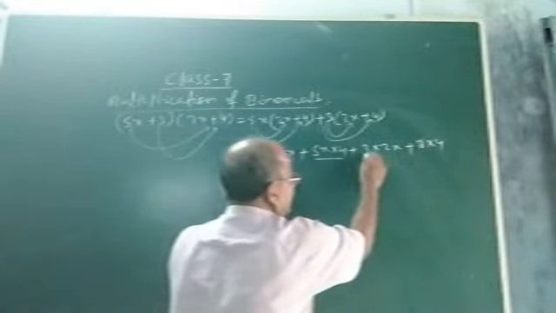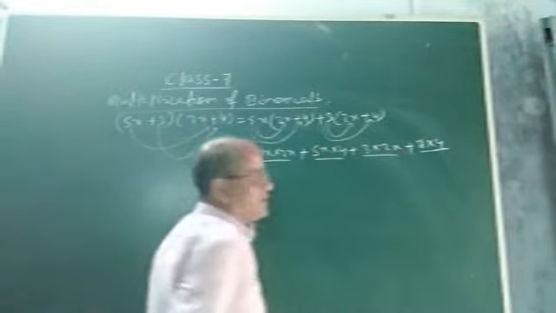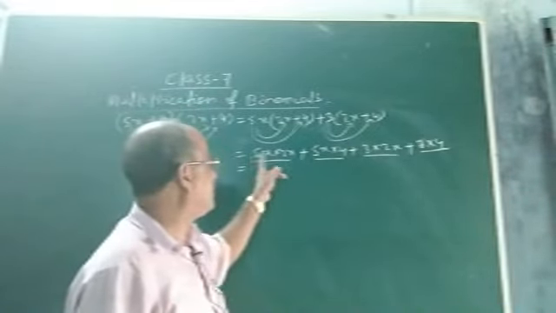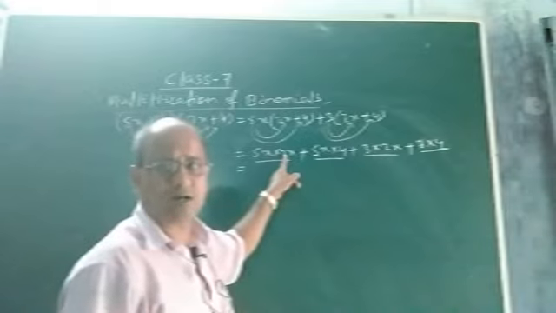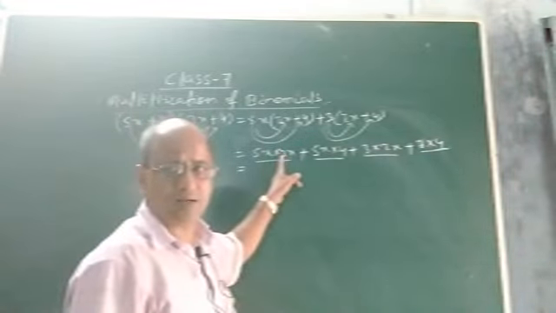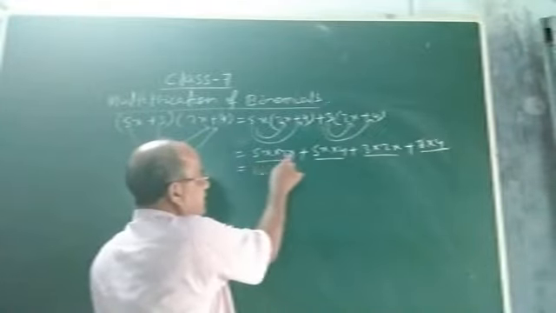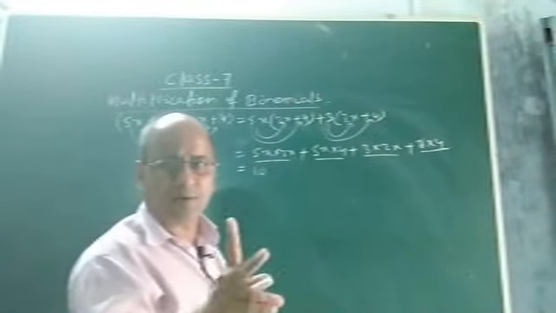These are two monomials, these are two monomials, and these are two monomials. And we know how to multiply monomials. So how to multiply? First multiply 5 and 2 because they are the constants, or numerals you can say. So 5 into 2 will give you 10. Then x into x. X will be multiplied 2 times.